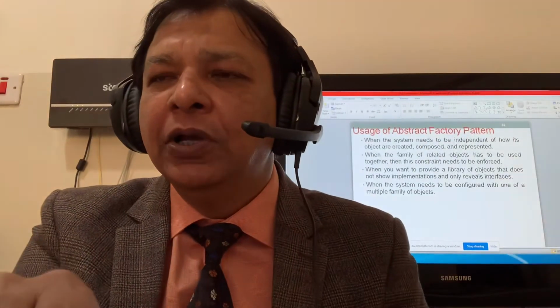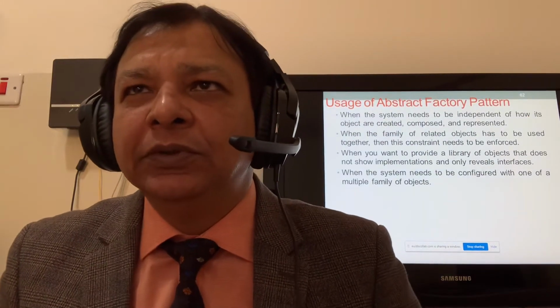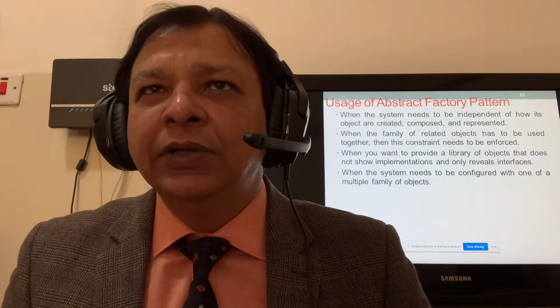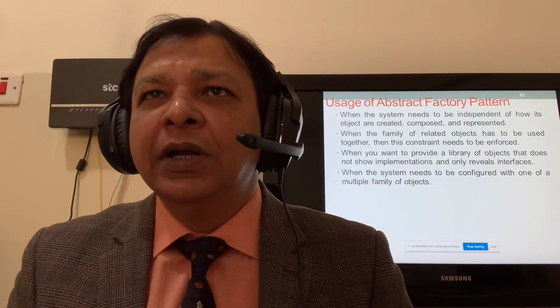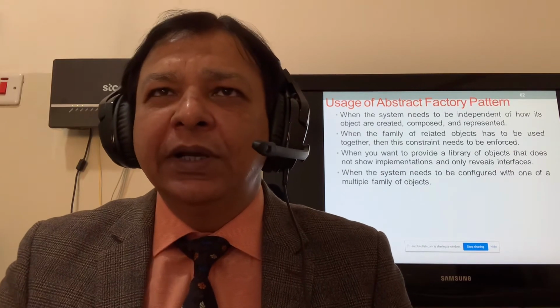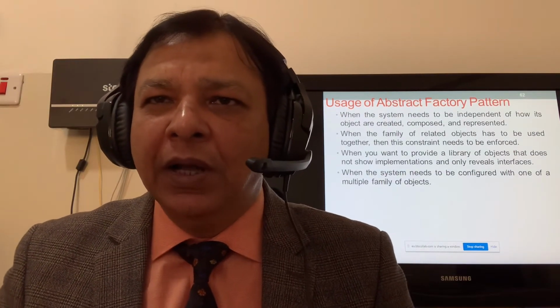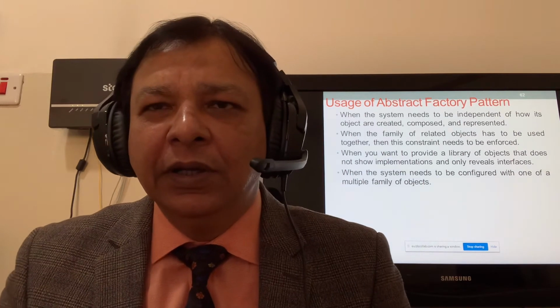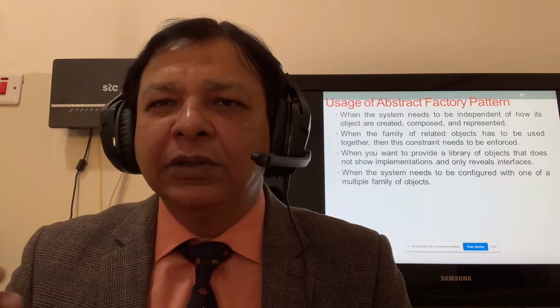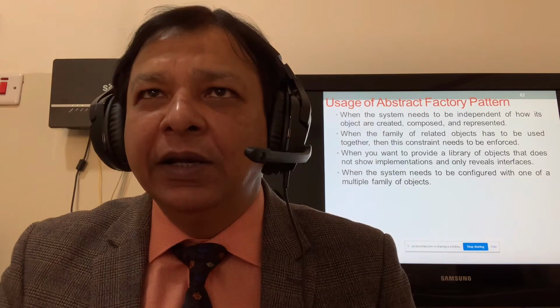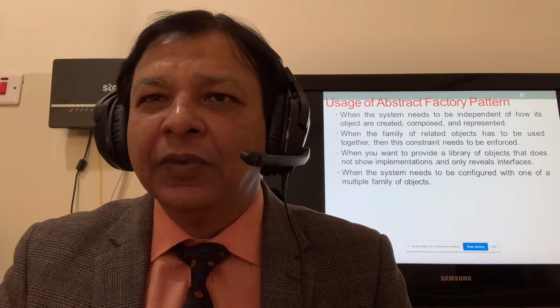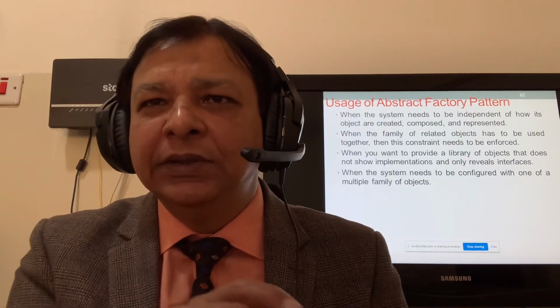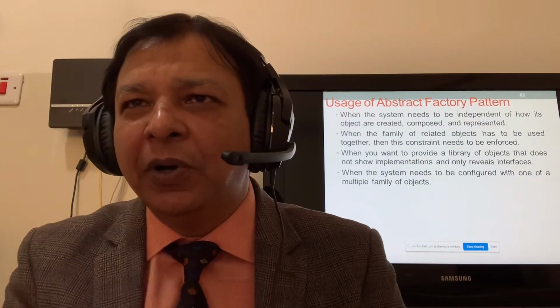Then we have the usage of the abstract factory pattern. As I explained, most of the frameworks use abstract factory, so it helps when systems need to be independent of how objects are created. It's not my problem how the text box factory, label box factory, checkbox, and command button factories are created, how they are integrated, how the interface is there, how I can see in the toolbox the command button, drag and drop, text box, drag and drop.